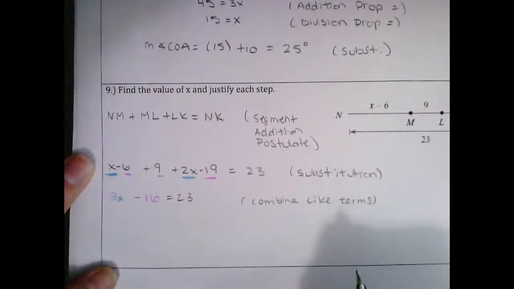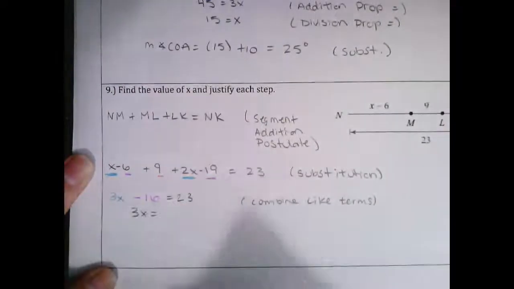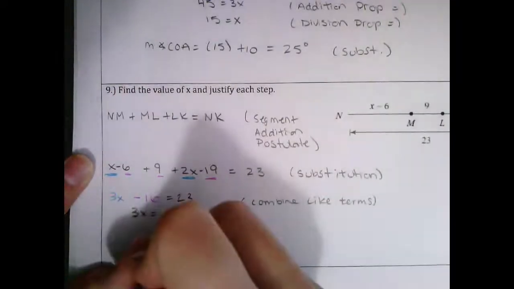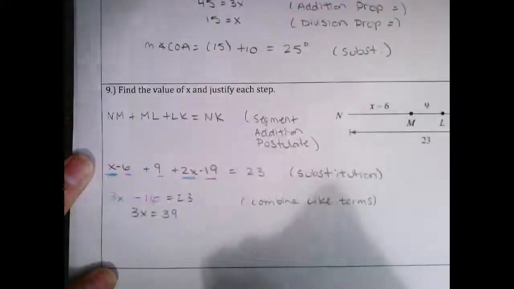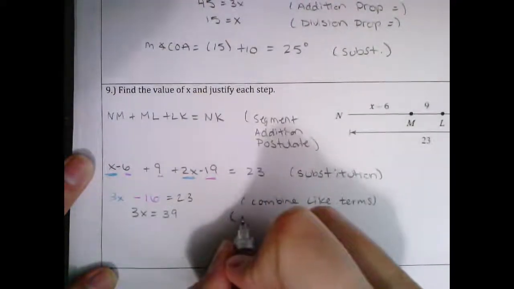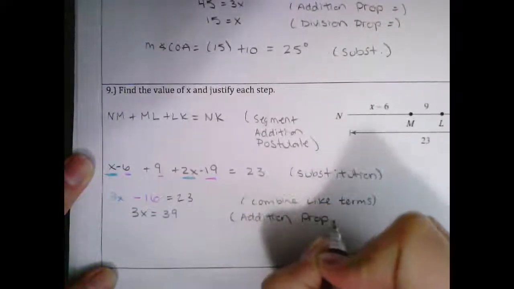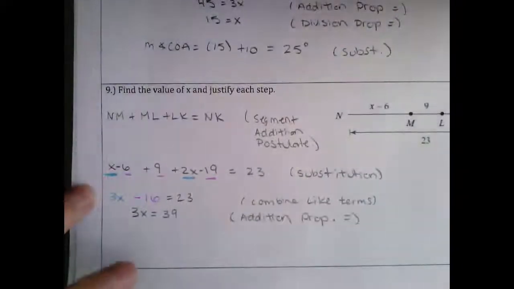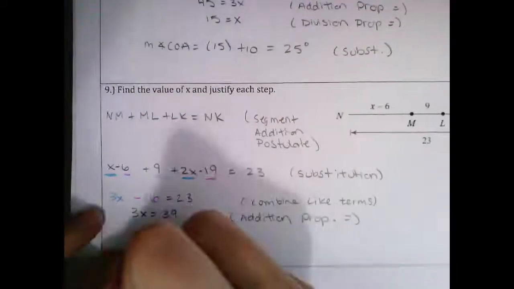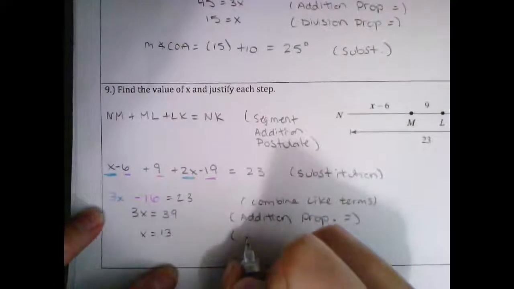Then we have to solve the equation more. So we would probably add 16. So 16 plus 23 is 39. And since we added 16 to both sides, that's the addition property of equality. Then we divide by 3 and get 13. And that would be the division